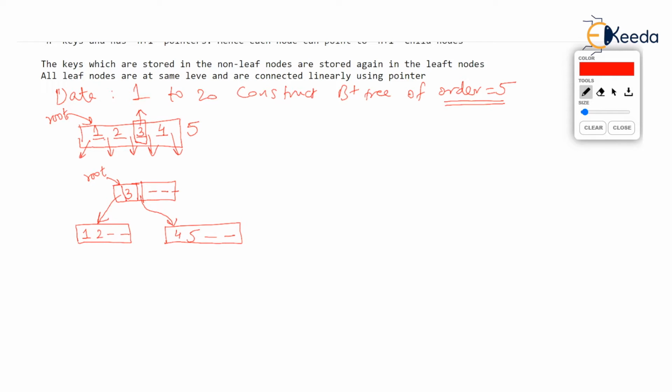Now this 3, you observe I am marking it. This 3 is stored in the non-leaf node. Observe this is a non-leaf node because it is having 2 children, isn't it? Then any key stored in the non-leaf node is stored again in the leaf node. And we have set the rules that if you want to store 3 again, then store 3 to the left of 3. So left node of 3 will literally store 3. 3 will join after 1, 2, isn't it? Because the node has to be sorted. That's how the key in the non-leaf node will be stored again in one of the leaf nodes.